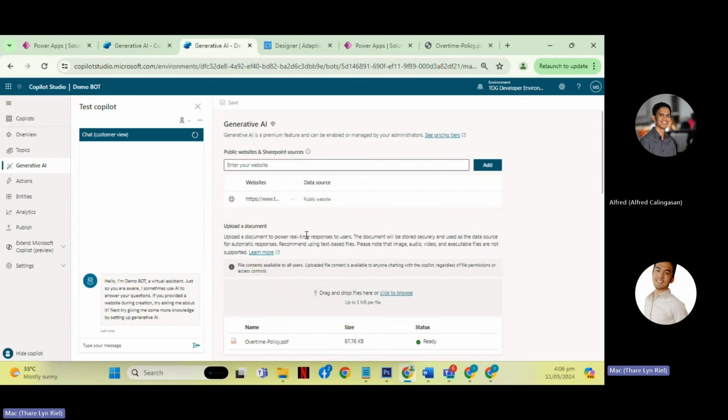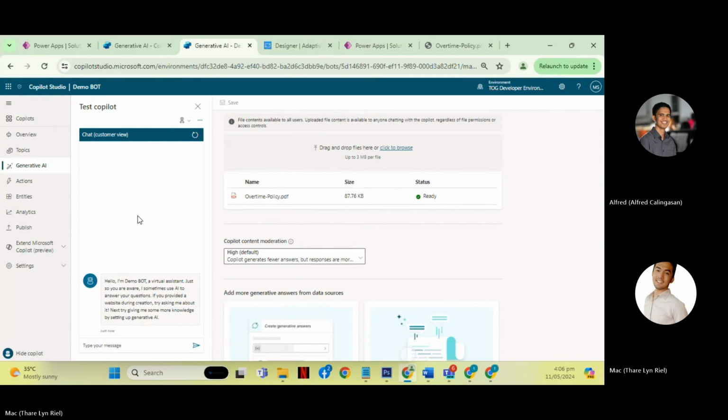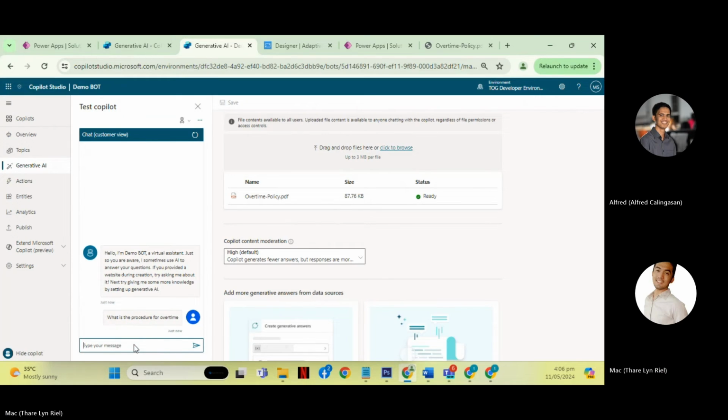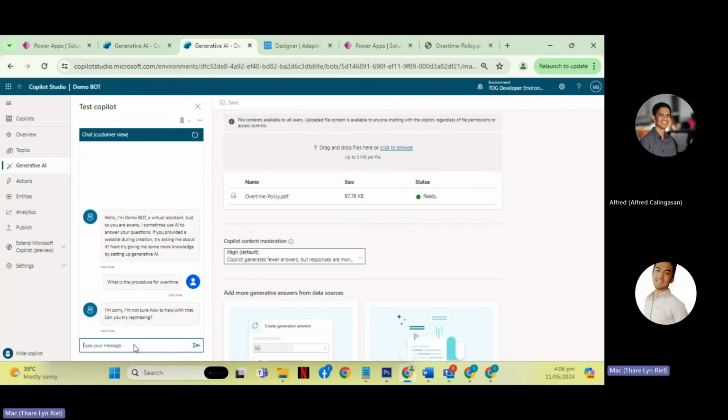Let's go to generative AI. Let's try once more. What is the procedure for overtime? Okay, so let's just get back to it later in the demo.